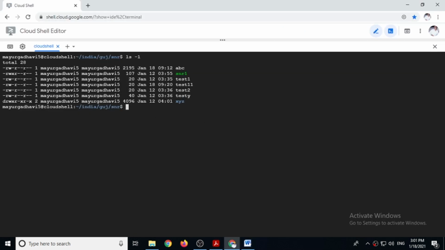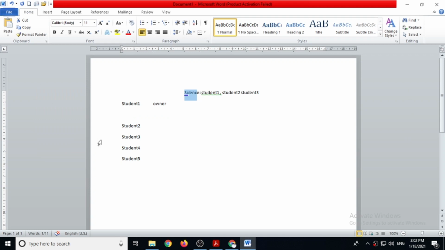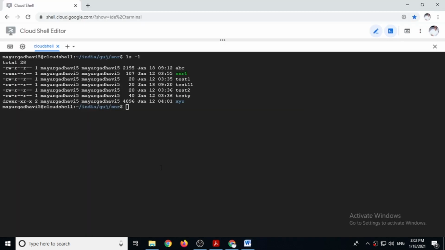And the last three characters, number 8, 9 and 10, show the permission of other users, meaning student 4 and student 5. This way permissions work. So the ls -l command shows the permission for each and every file in a directory.